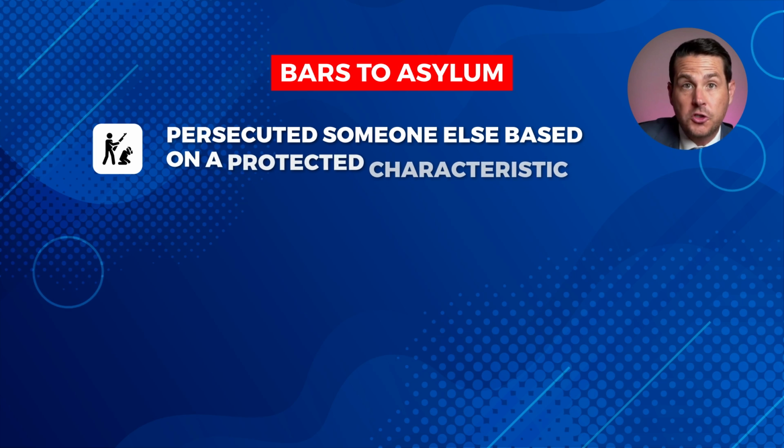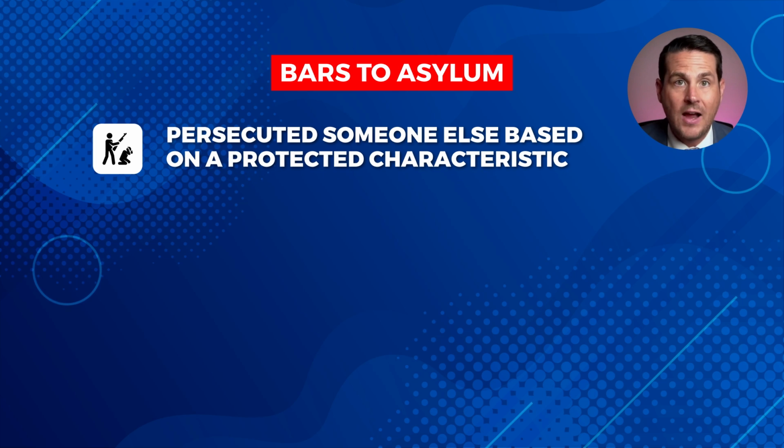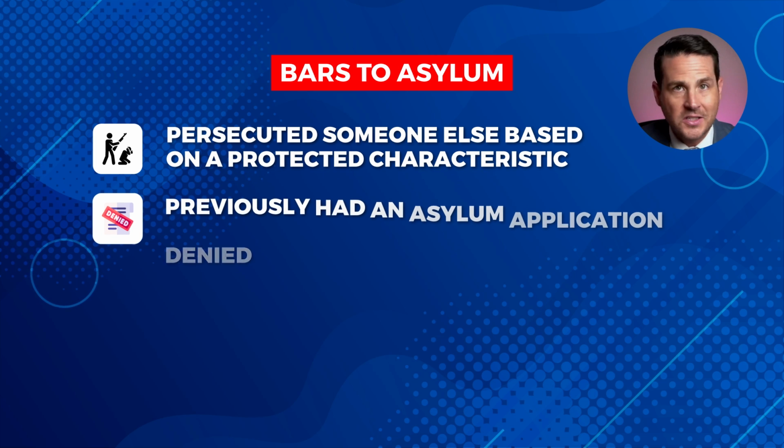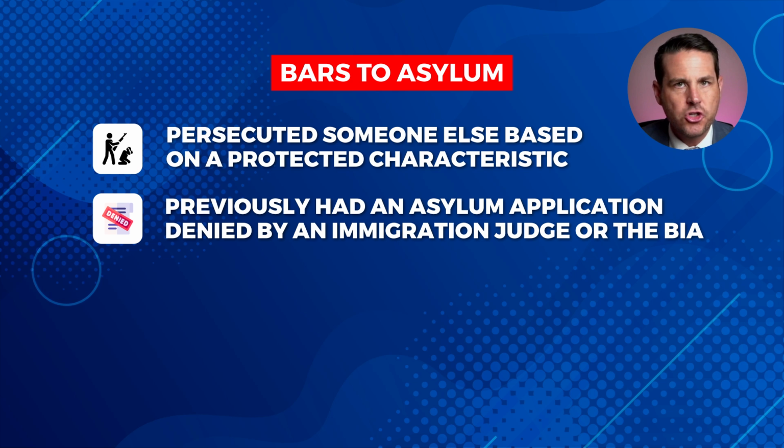Now, these are things that will keep you from getting asylum, even if you show that you meet all of the general requirements for winning asylum. So what are they? Well, you're barred from asylum in the United States if you have yourself persecuted someone else on account of one of the 5 protected characteristics, had a previous asylum application denied by an immigration judge or